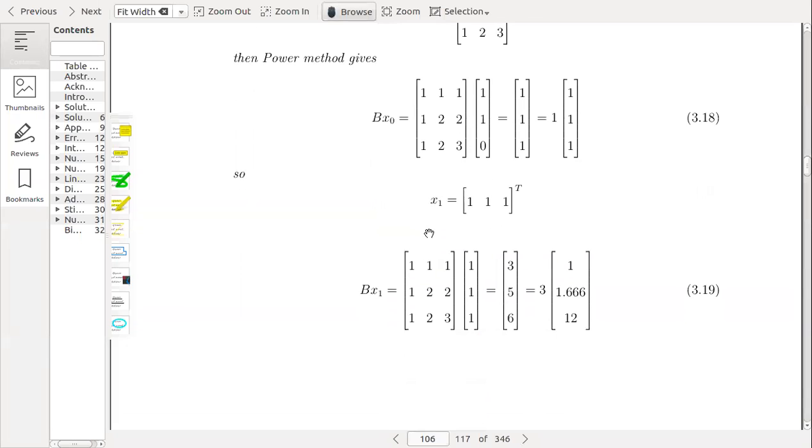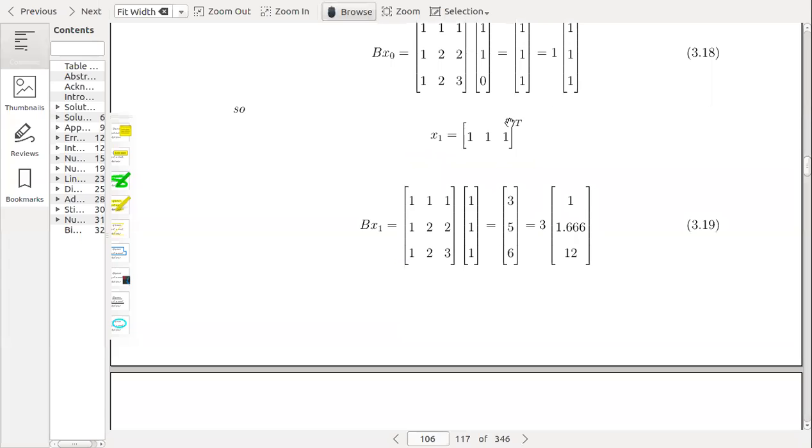So then we obtain x1 equal to (1, 1, 1) transpose, and we multiply the next one: Bx1 is equal to the matrix 1, 1, 1, 1, 2, 2, 1, 2, 3 times 1, 1, 1. We multiply again and we will get 3, then 2 and 2 we will get 5, then 1 plus 2 plus 3 we will get 6, and then again